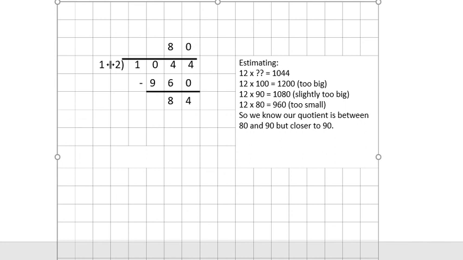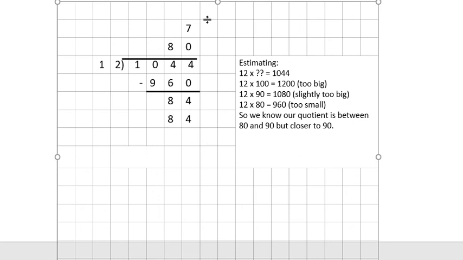So is it 12 times 1? Is it 12 times 2? Is it 12 times 3? Eventually, you're going to come to the realization we could put it in 7 times. So if we put it in 7 times, we put the 12 into 960 80 times, and now the 12 into 84 7 times. And that brings us to 87 times can 12 go into 1044,